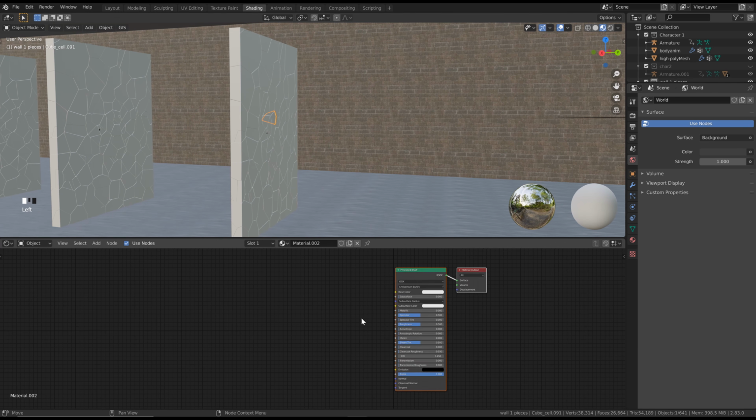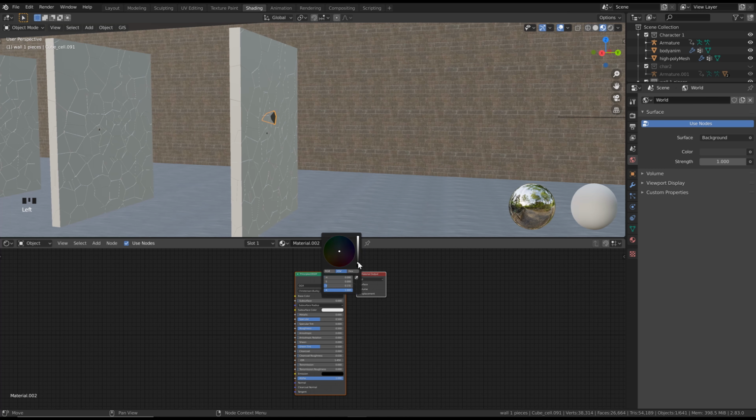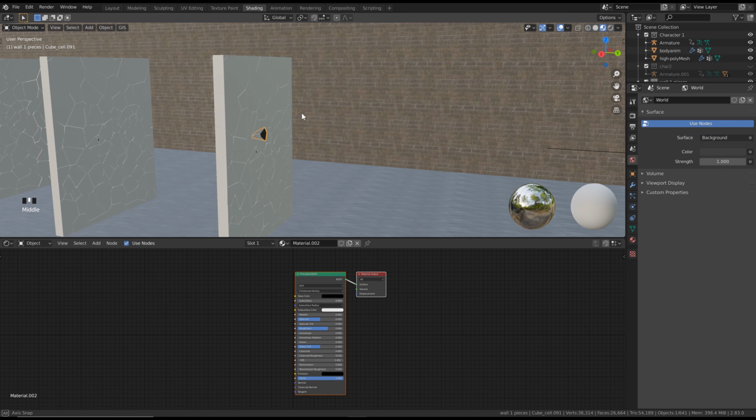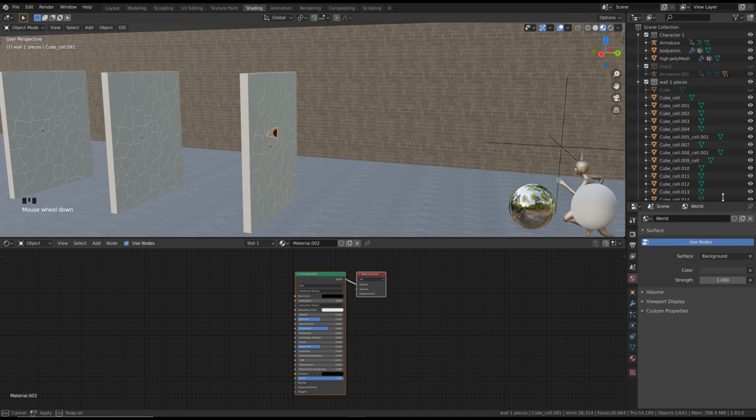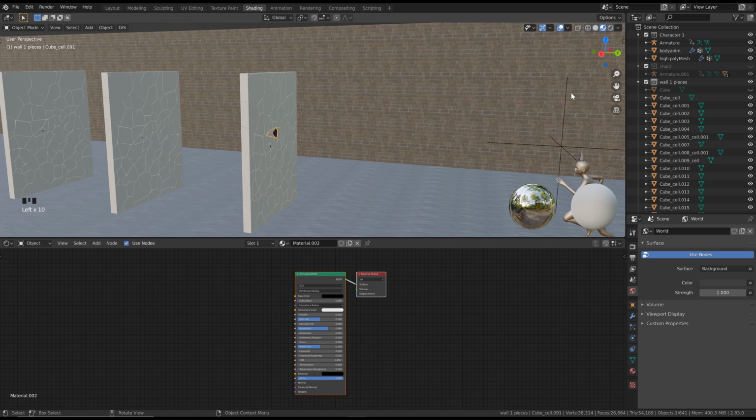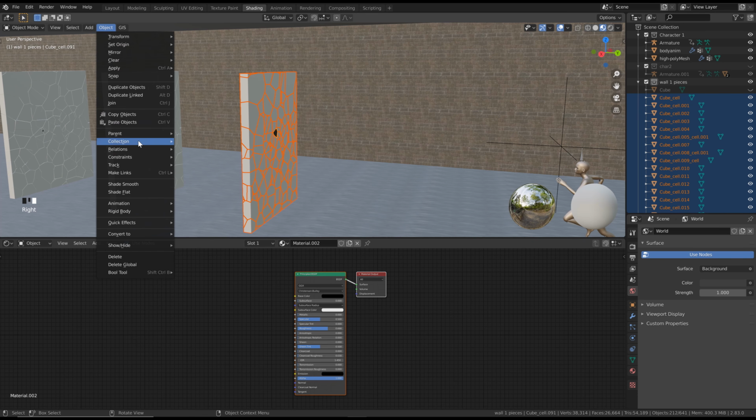So let's click New, and then we can just click here and bring this down all the way. Let's just bring our roughness up a little bit here. Then we want to add that texture to all of our pieces. So the quickest way to do that is if we just give ourselves some more space here. Just make sure that this one here is selected, and then right click, select objects, go to object here, and